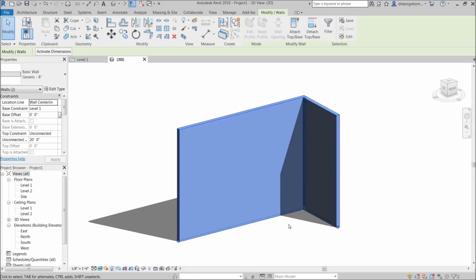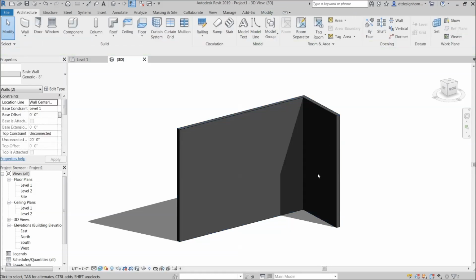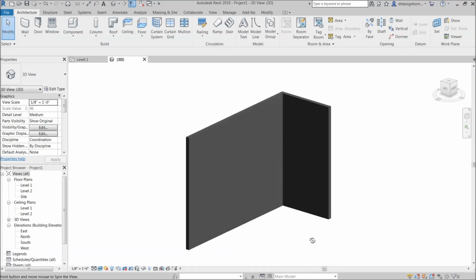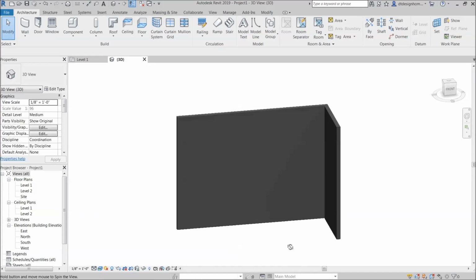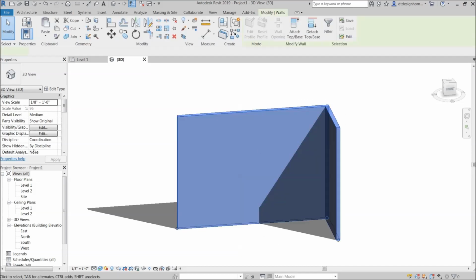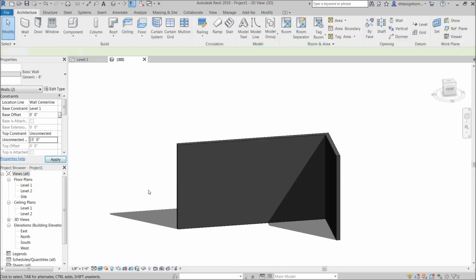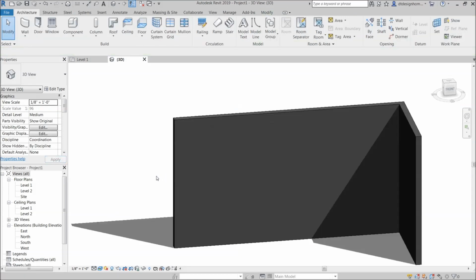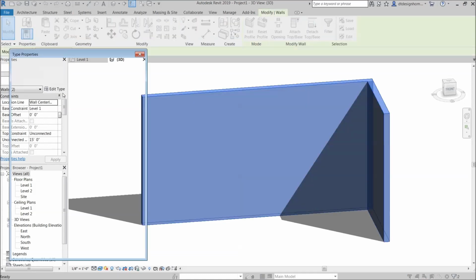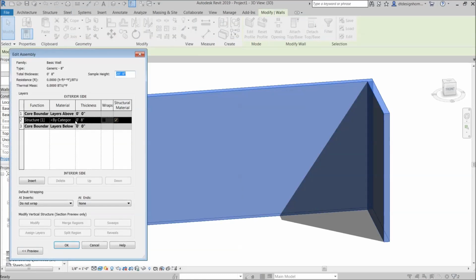So if I turn shadows on, we can kind of see how the shadow line's going to work there, and we can kind of orbit around and maybe get the shadow to give us a little bit more. So that should work right there. Let's go ahead and make these, and we don't necessarily need them 20 feet tall. Maybe we do 15 foot. That should work. We'll zoom in a little bit here, and we'll grab our walls, edit type, edit structure, apply